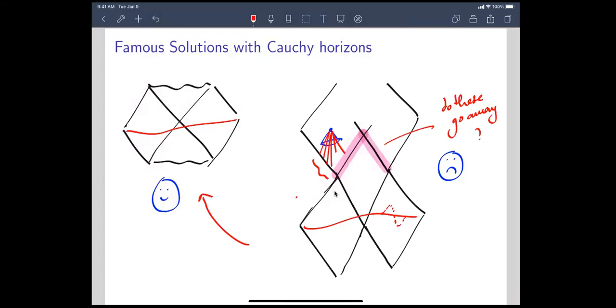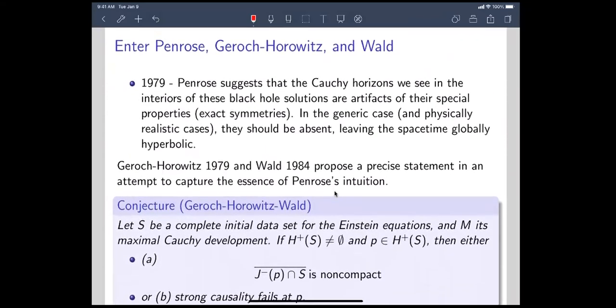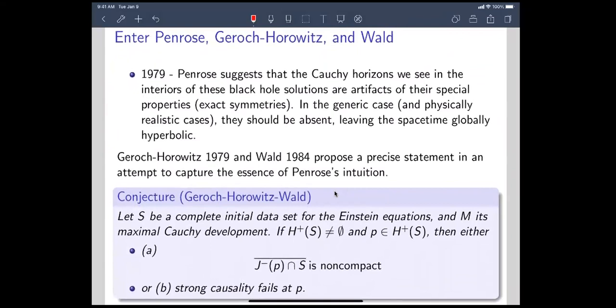Now, of course, we now go into some more specific history. So this picture, of course, was known, and then Roger Penrose and amongst other people tried to come up with a reason as to why these Cauchy horizons should disappear. And he had some students working on this, and what they did is they took Reissner-Nordström and they sent in some scalar field, and they tried to understand how it behaves in the Reissner-Nordström solution. The Reissner-Nordström solution also has a Cauchy horizon, and they saw that in some linearized sense, in some perturbation approximation,